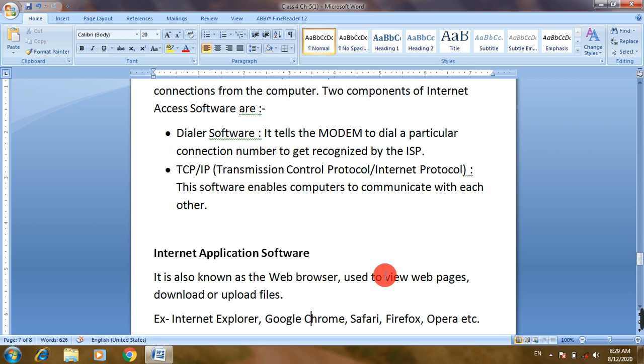If we have to download any file like video, audio, image, or if we want to upload any file, then we need this web browser software. For example, Internet Explorer, Google Chrome, Safari, Firefox, Opera, and others. This software is used to access websites in our computer or smartphone.